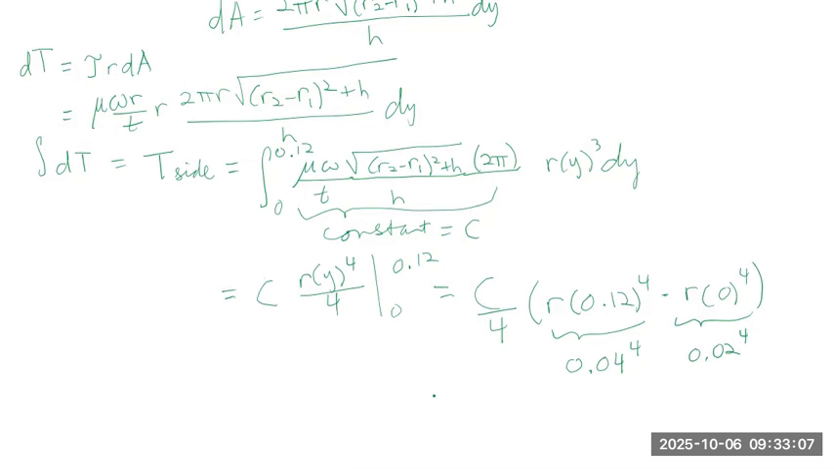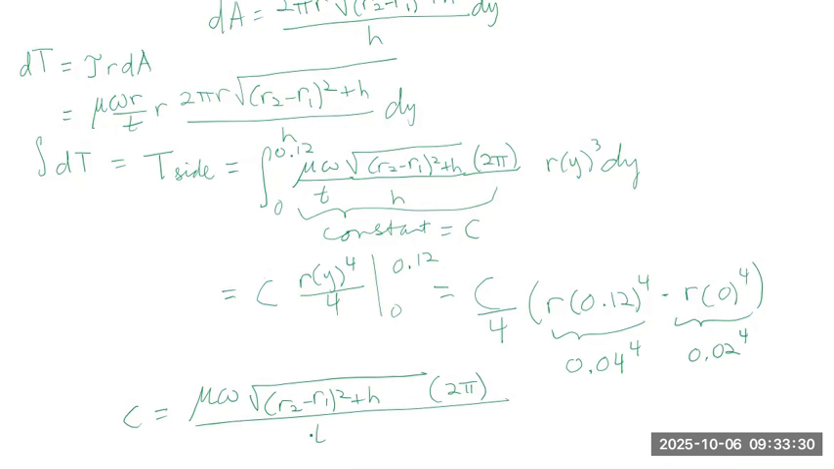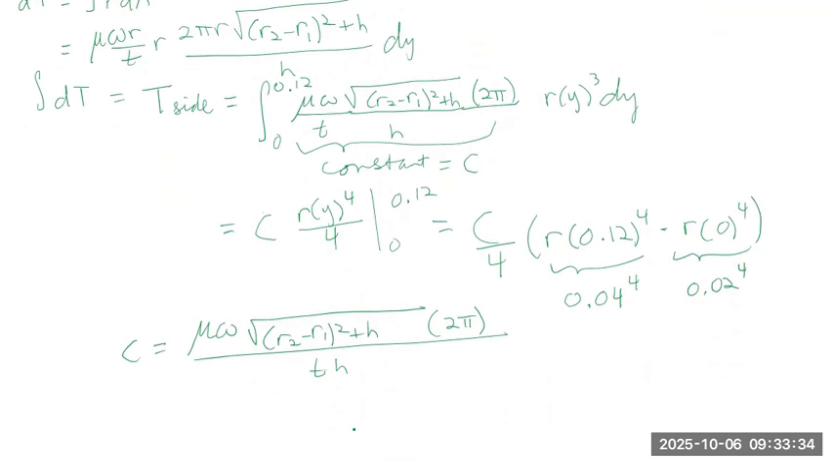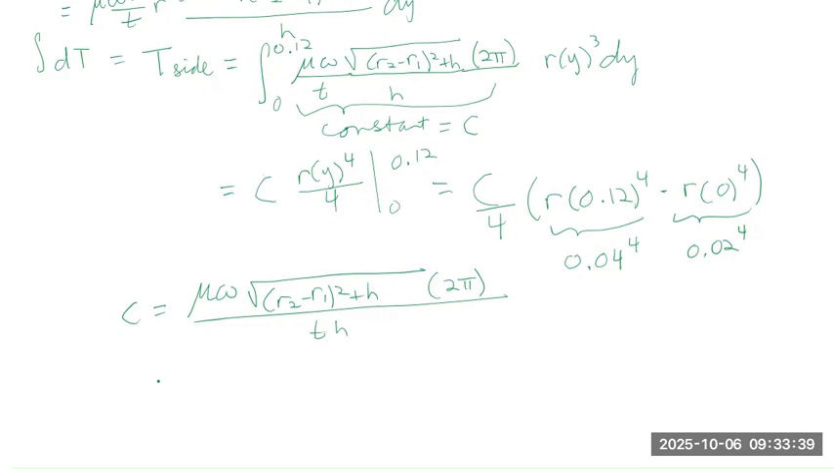And let's calculate C. So C is equal to mu omega times the square root of R2 minus R1 squared plus H times 2 pi over t H. So again we have 0.1 Pascal seconds for mu, 10.47 radians per second for omega, and R2 minus R1 is going to be 0.04 meters minus 0.02 meters, and then H is going to be